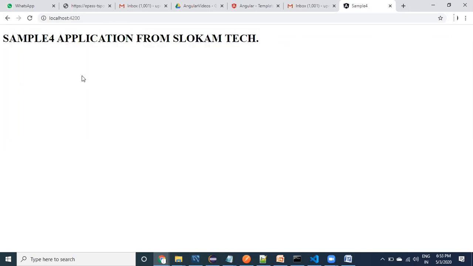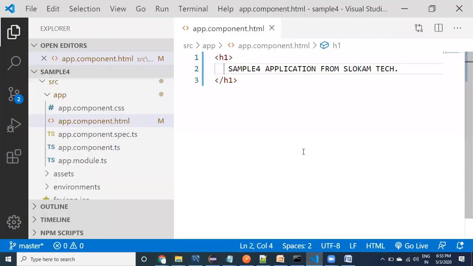This is the code I have provided in the HTML. Now let me go to the TS file first.